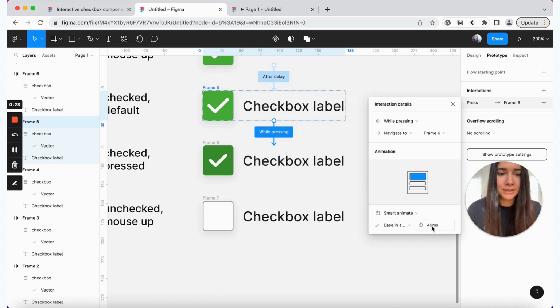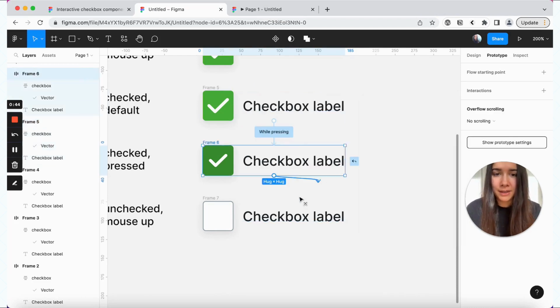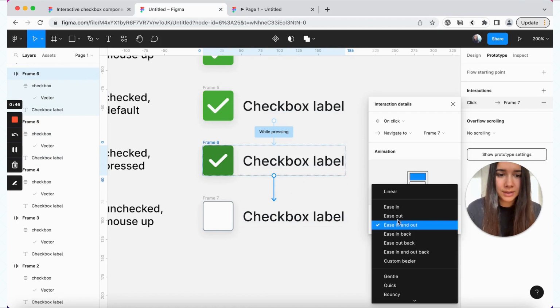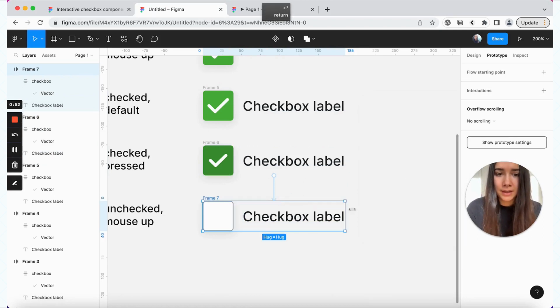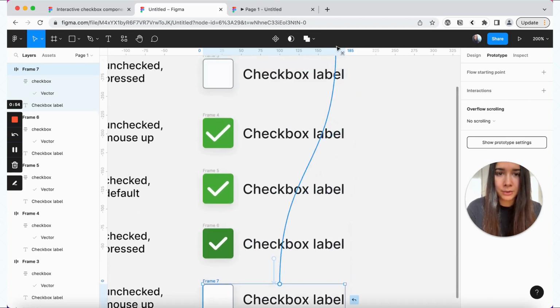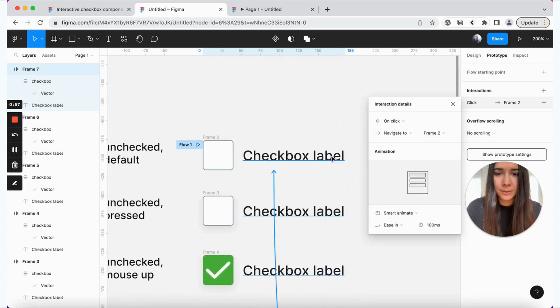And by the way, all of these are more or less just plain personal preference. Definitely feel free to play with easing functions and with the time it takes. And then from here, we're going to do, I think, just ease in and 100 milliseconds. And then again, we'll add a delay to go all the way back to our first state. And again, it's very sudden, so just 1 millisecond, and we'll do 40 milliseconds here.